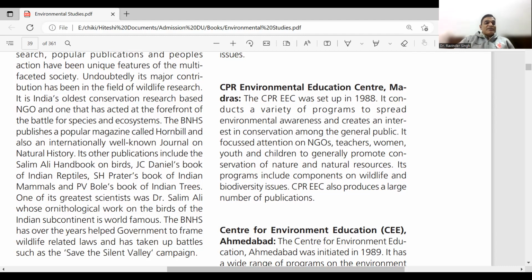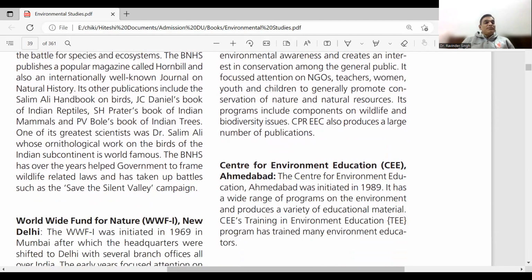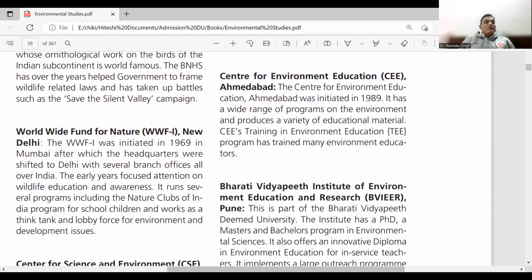One of the greatest scientists was Dr. Salim Ali, whose ornithological work on the birds of the Indian subcontinent is world famous. The BNHS has over the years helped government to frame wildlife related laws and has taken up battles such as the Save the Silent Valley campaign. Next one is Worldwide Fund for Nature,